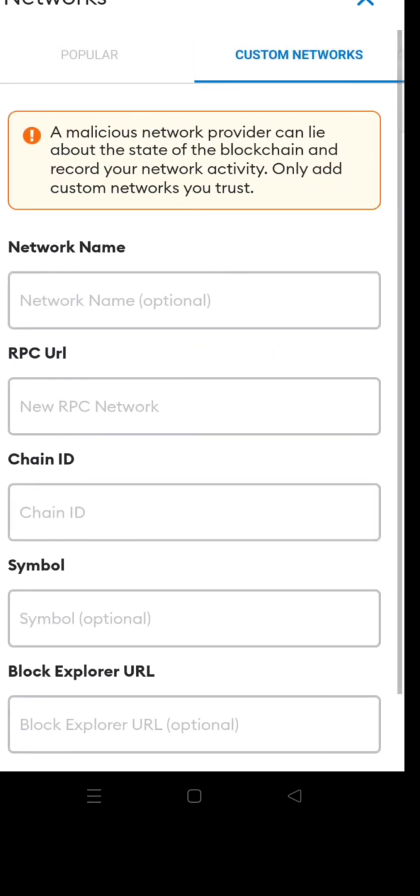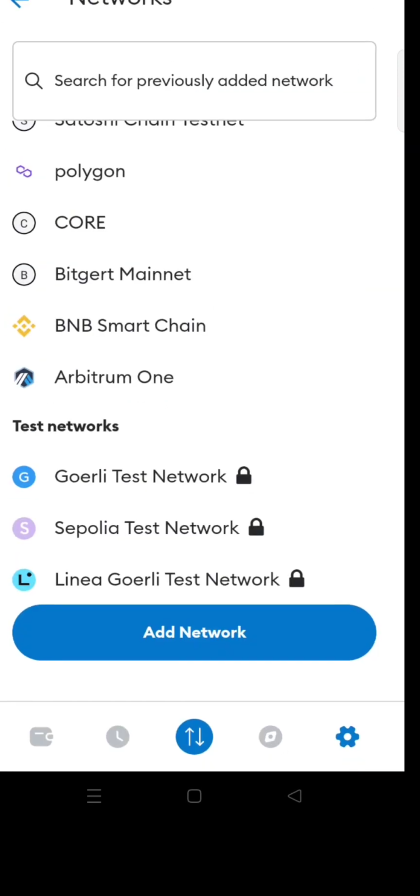Click custom network. So just copy this one.